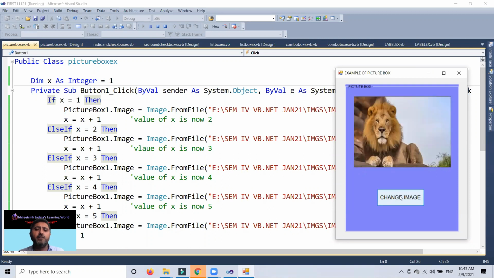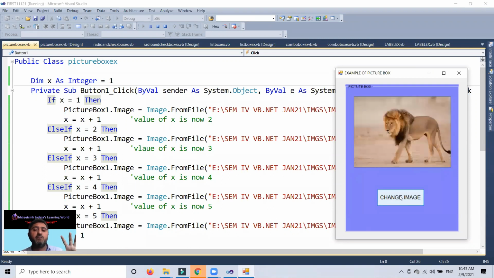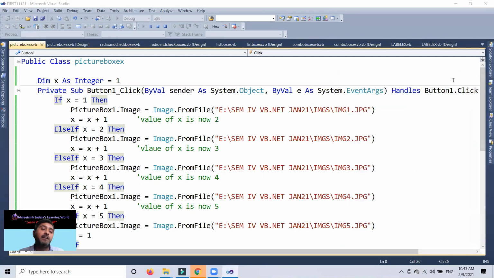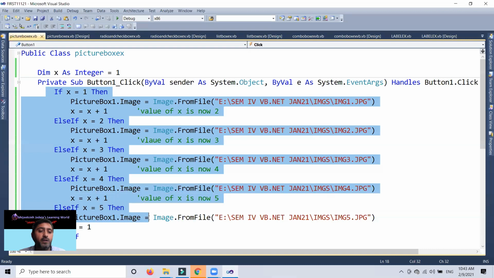By clicking on it, you can see that every time I push the button change image, my images are changing. So here we completed the picture box program, my dear friends, and along with this, by if else if, we make one type of loop where 1 2 3 4 5 and reset with 1. So every time when the 5 image cycle is completed, my image 1 will be loaded, and it will go on and on.